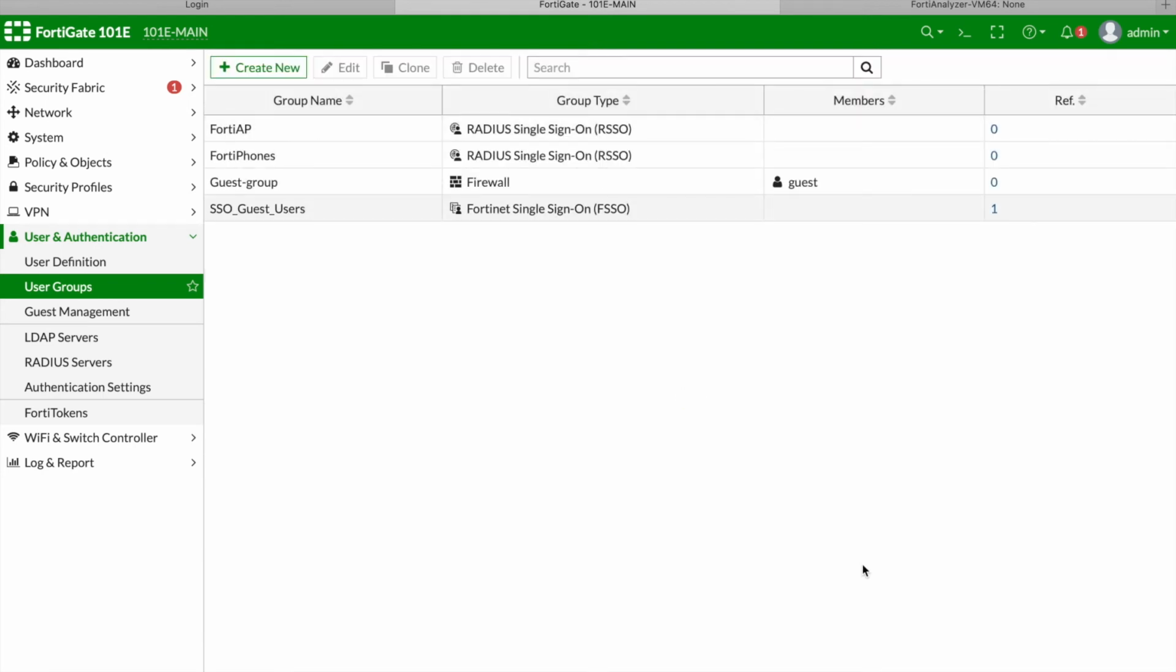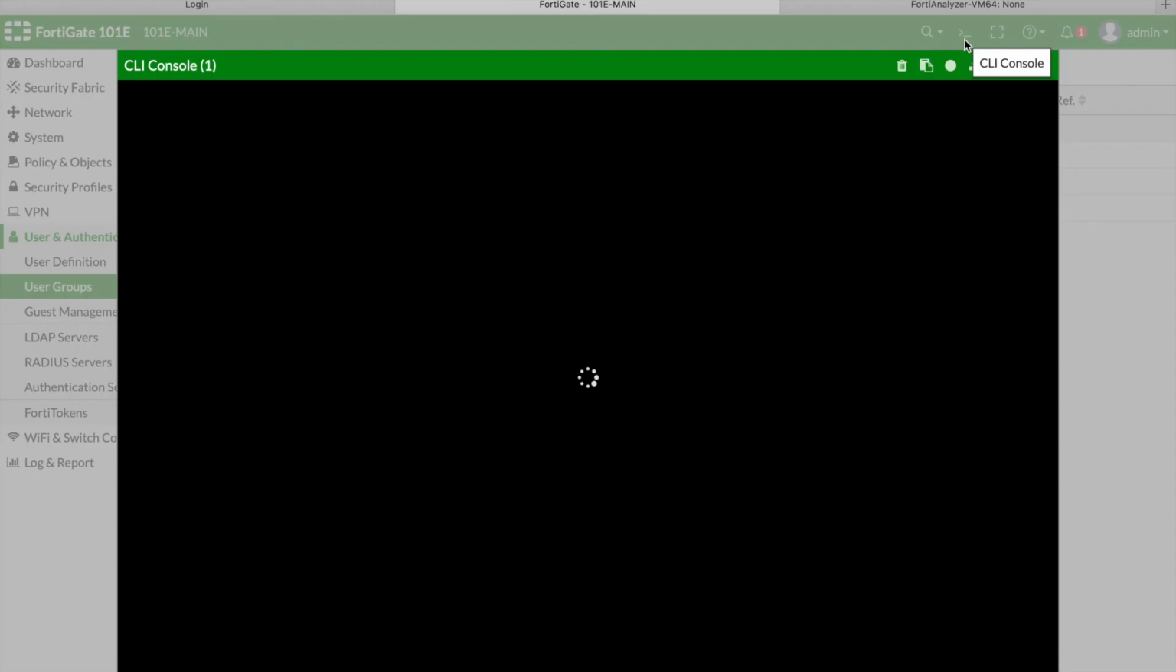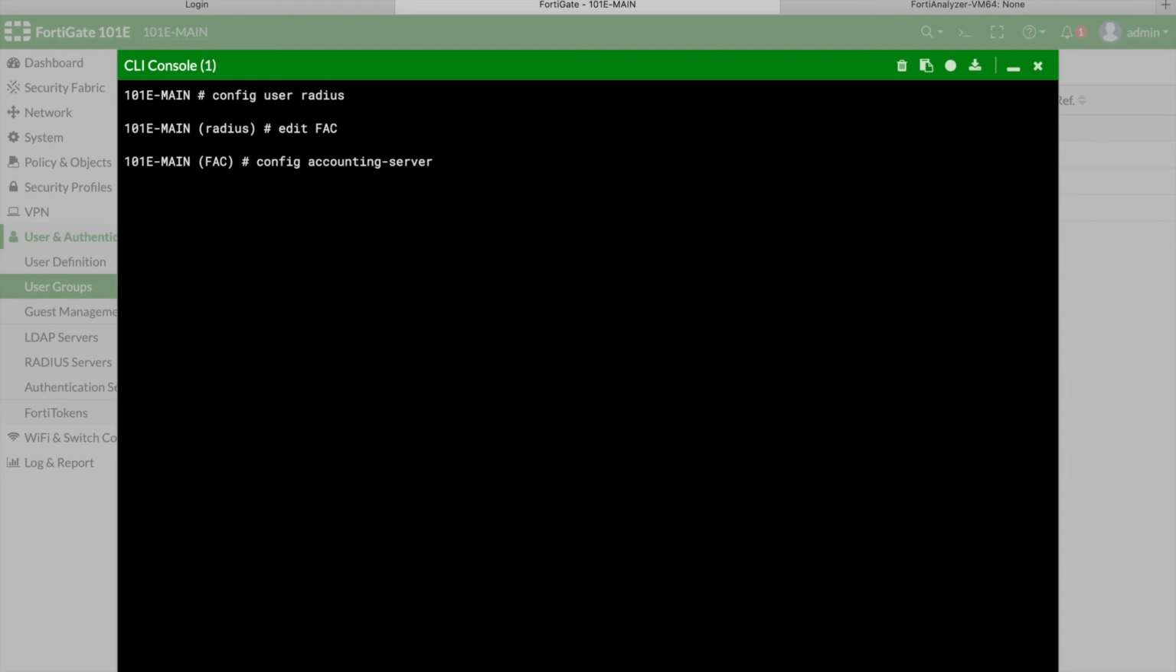Now that all of our groups have been created and mapped, I can complete the Radius configuration by pointing Radius accounting messages to the FortiGate. This is another step that needs to be completed in the CLI. And again, I'm going to type in config user radius. This time I'm going to edit my FortiAuthenticator server. Now that I'm in the FortiAuthenticator server, I'll type config accounting server,